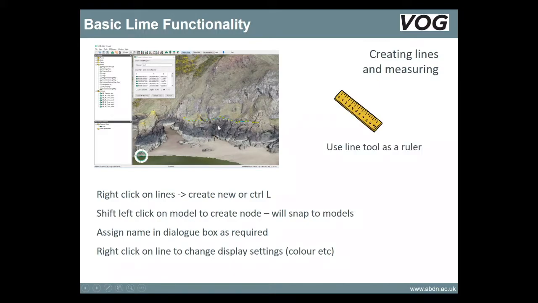And we also use the line tool as a ruler. There is a plan in the future to add a ruler tool in, but at the moment, if I want to know how far two things are, I just use Control L, and then I just measure 2 points, and I'll get the little dialog box,